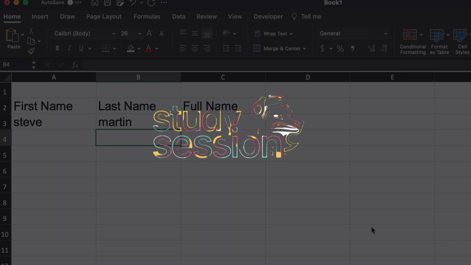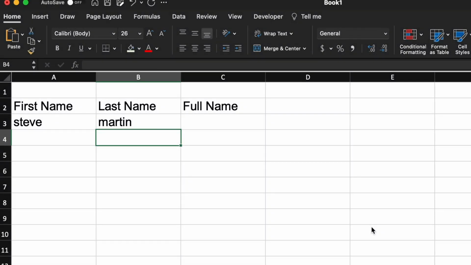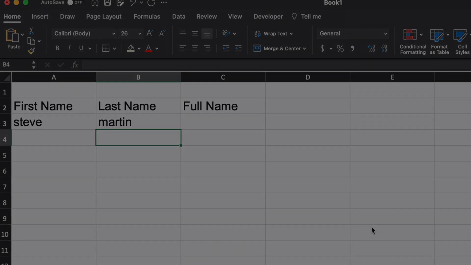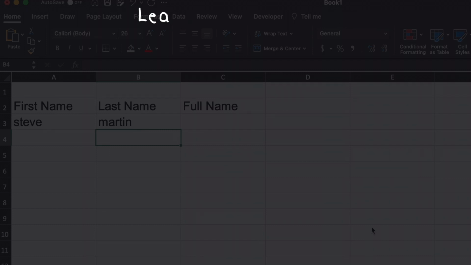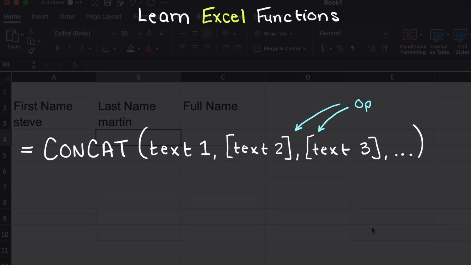Hey everyone, let's talk about how to use the concatenate function in Microsoft Excel. Let's begin by looking at what this function does and its syntax. Concatenate means to link things in a chain. Therefore, the concatenate function allows us to combine text or values from multiple cells or multiple pieces of information into